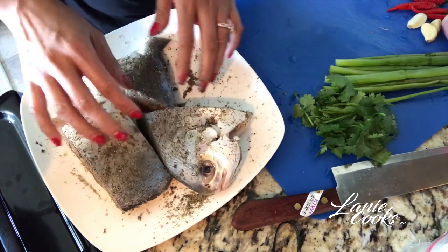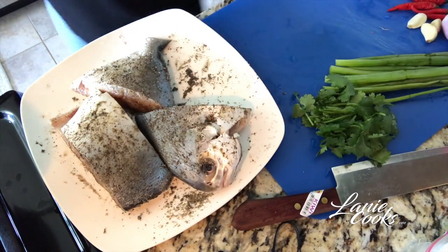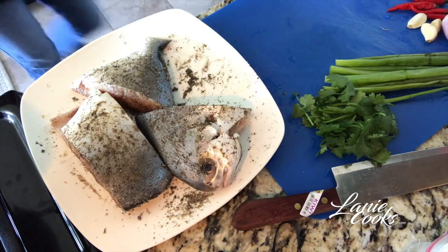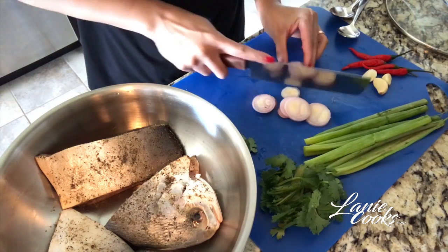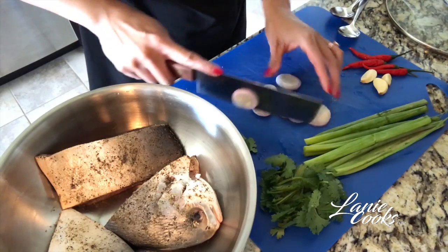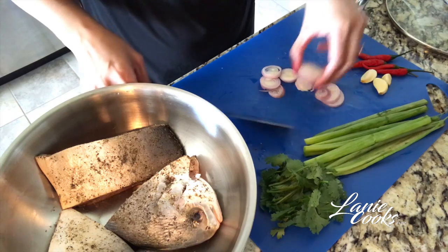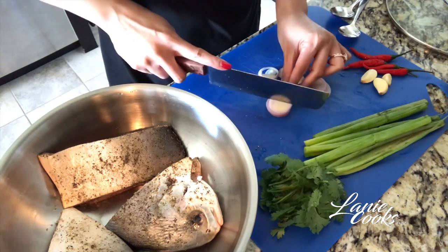Alright, so my fish is nicely seasoned with salt and pepper. I'm going to let it sit here for a little bit while I chop everything else up. Wash my hands here. Alright, you guys, so now I'm going to chop up my scallions and my peppers and my garlic. And right here I have a purple shallot, one whole one. I'm going to chop that up